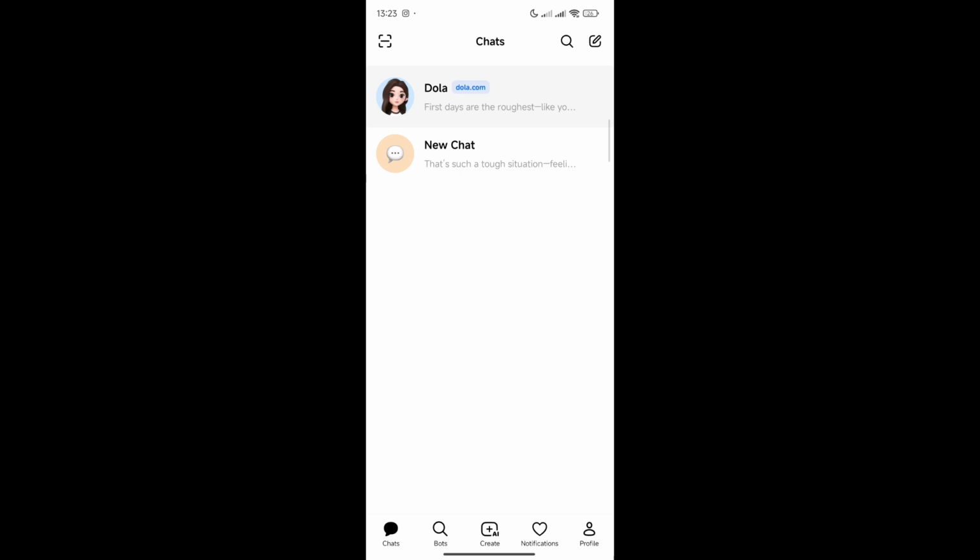Now, first things first, you can just simply open up your Dola AI application. We have also created similar videos and tutorials on Dola AI on your phone and your PC, so make sure to watch them. Once everything is done, and you're under this interface, here you should be